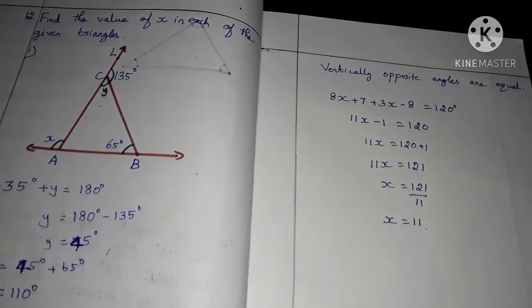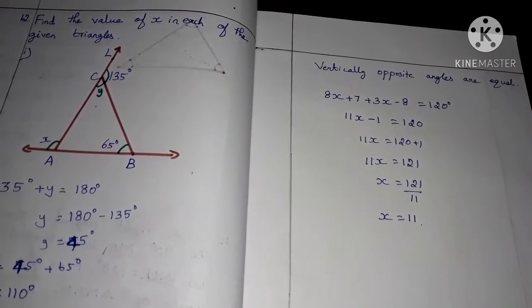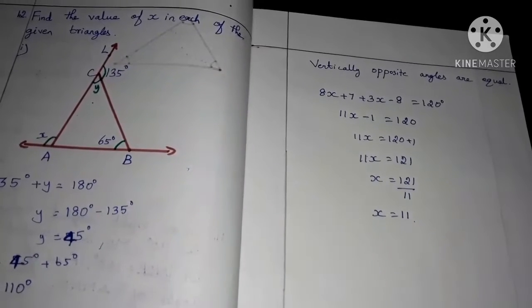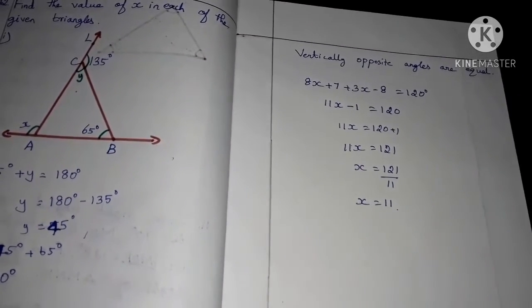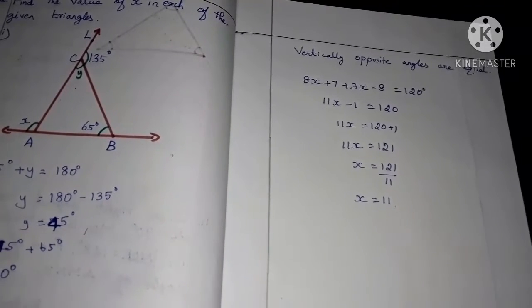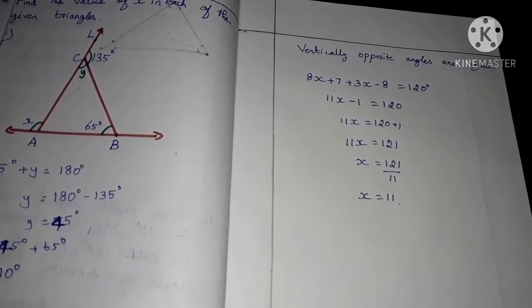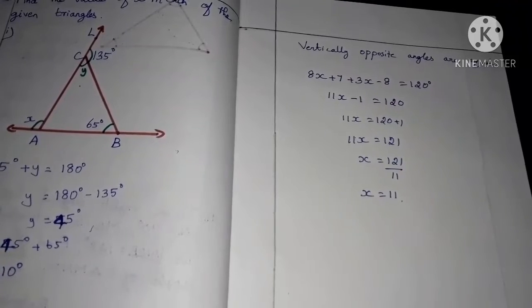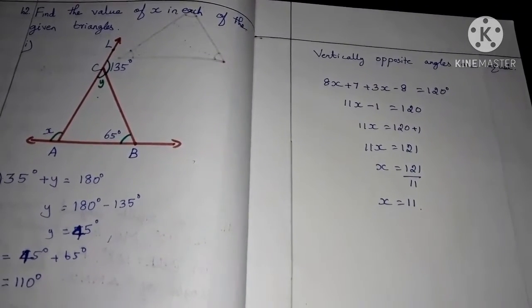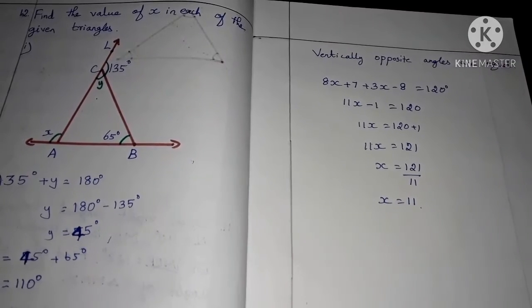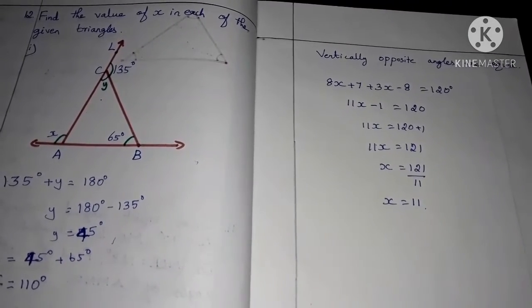So my dear children, today we studied two concepts, that is the angle sum property and exterior angles. So what are the sums I did? You work out these, this is enough. The remaining sums, there is no need, you can leave them. These you have to work out and you have to learn this concept thoroughly. Work out the example sums also.